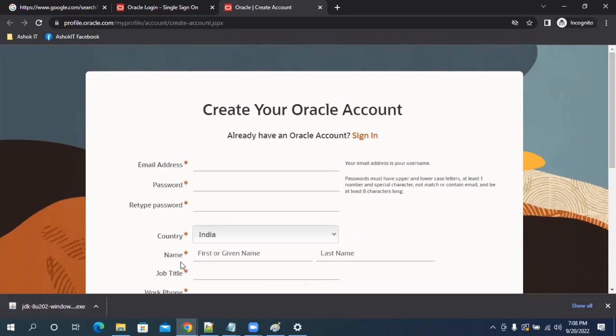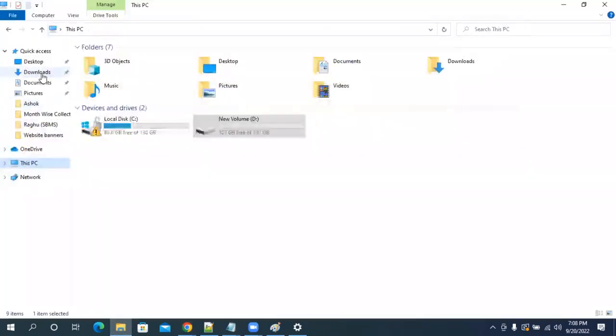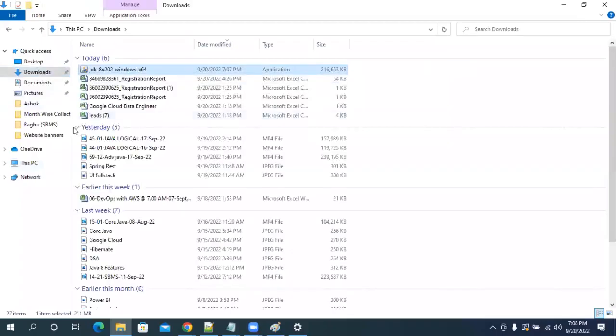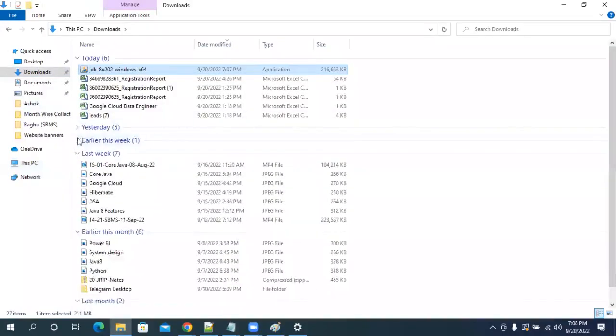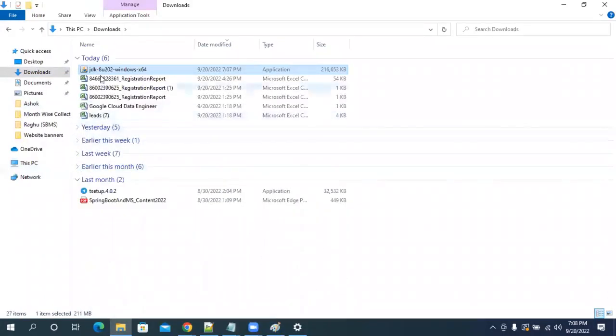Are you guys able to understand how to download Java? Am I paying anything? No. Directly, I am able to download the Java software from the Oracle website. Java is under license of Oracle. Whenever I download Java, I get one .exe file. Can you guys see it in my downloads? Yes, the .exe file is available. Simply double click on this file.